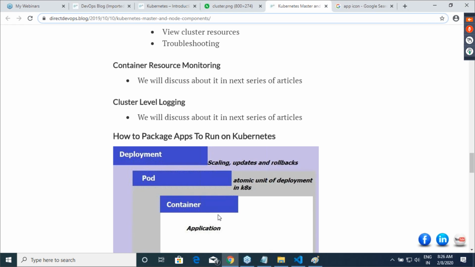First, the basic workflow. Remember, our application was running in the office. For that application, we have learned how to write a Docker file. That Docker file helped us in creating a Docker image, and that Docker image will help us in creating a container. This was the basic story.